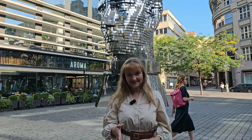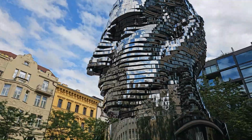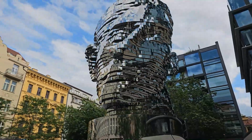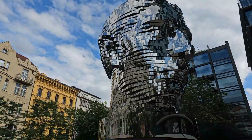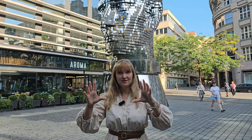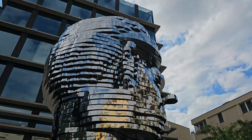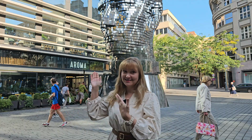This is the most expensive street art in Prague, and this giant sculpture is 11 meters tall. It's constructed with 42 separate motorized layers. They continuously rotate and rearrange at different speeds. So when the head is moving, these small mirror-like pieces are twisting, and just for 1 second, you can see Kafka's image together, and the next moment his face distorts and turns into something abstract, kaleidoscopic and spiral. These shiny layers always reshuffle into new hypnotic patterns, and between the hours, between the shows, the statue